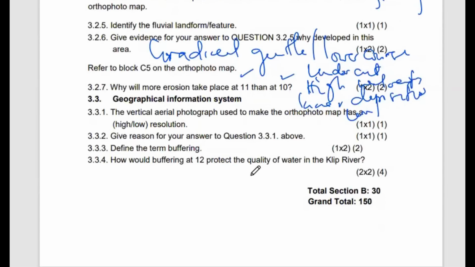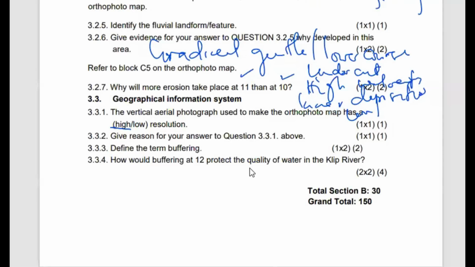Right, then we go to GIS. The vertical aerial photograph used to make orthophoto maps. Yes. Is it a high or low resolution? Right, definitely orthophoto maps are made from high resolution images. They are more clear. We can actually see the features. We can actually see all the geographical features on the orthophoto map because they were made from aerial photographs of